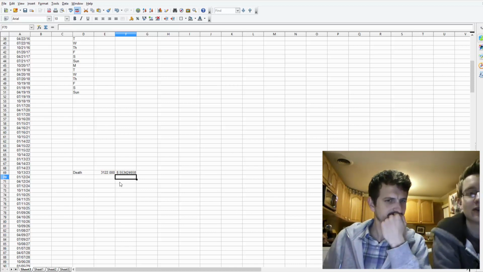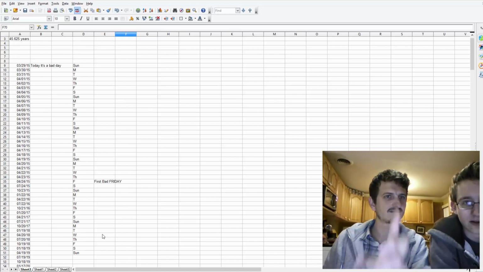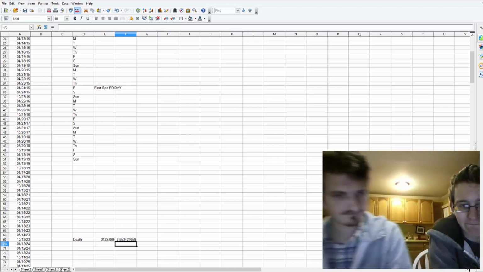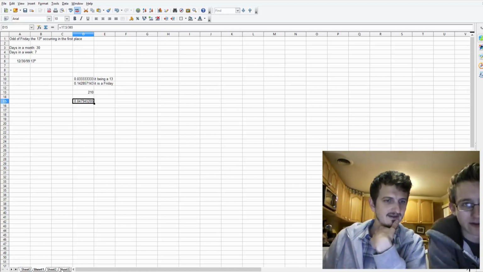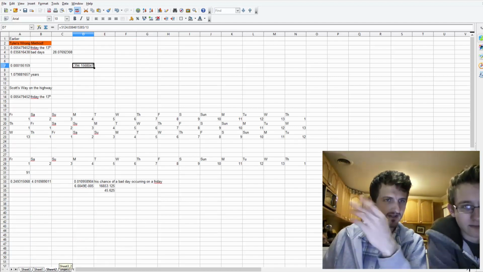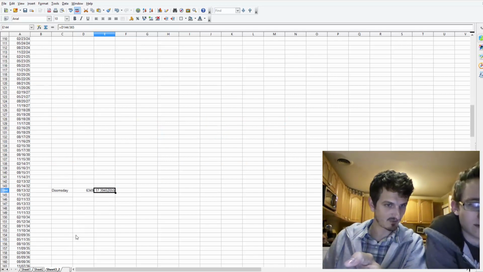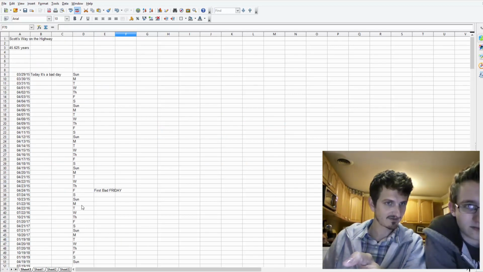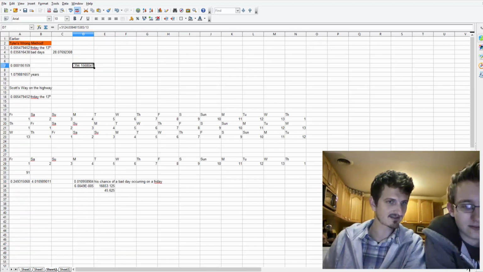So all in all, it almost seems like his Monday is the max, and this might be the minimum. What do you mean by that? Well, that might just be the way the data worked out this time, but if I put in his bad day starting Monday, it gives him 17.4 years. If we put it in his bad day starting Sunday, it gives him 8.5 years. And if we put his bad day starting...